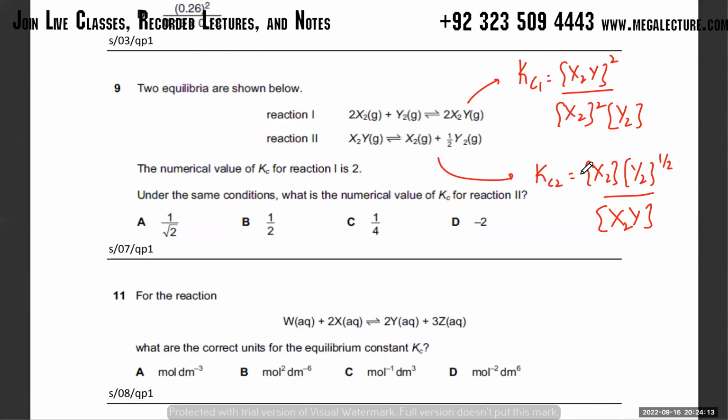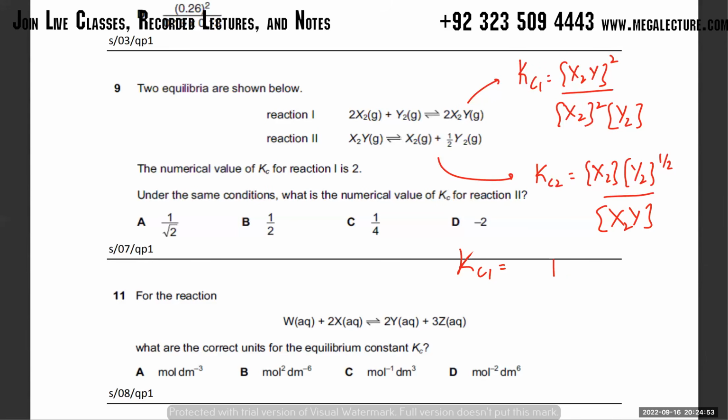Yes, sir. Will you explain what is the relationship between Kc1 and Kc2? What do you do to Kc1 so that it becomes Kc2? First thing, you would have to make it upside down, right? If we square Kc2 completely and take the reciprocal, Kc1 will come. Okay, so that means Kc1 is basically